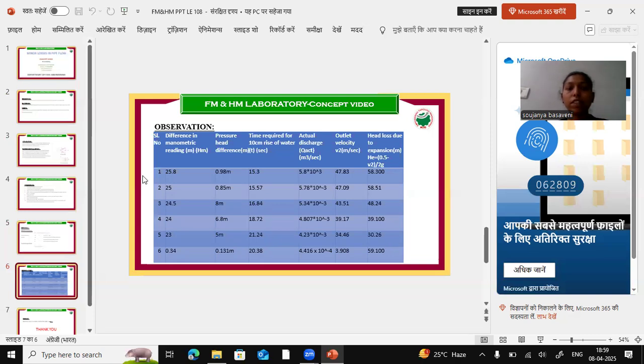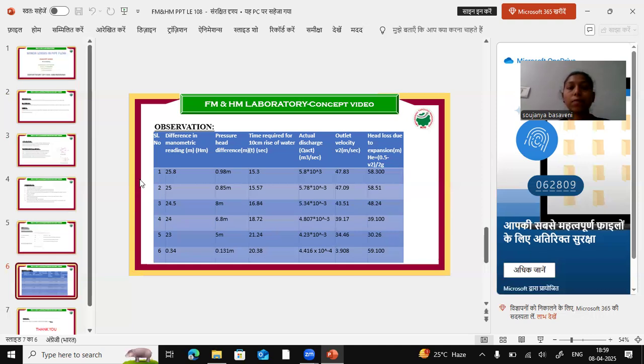The first reading we get for the difference in manometer reading is 25.8. The pressure head difference is 0.98 meters. The time required is 15.3. The actual discharge we get by calculating is 5.8 into 10 power minus 3. The outlet velocity is 47.83. The head loss is